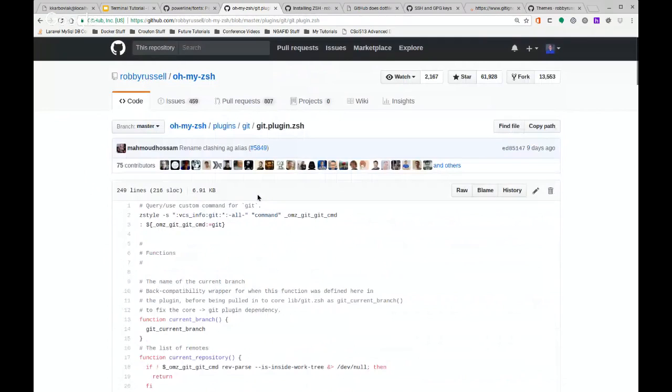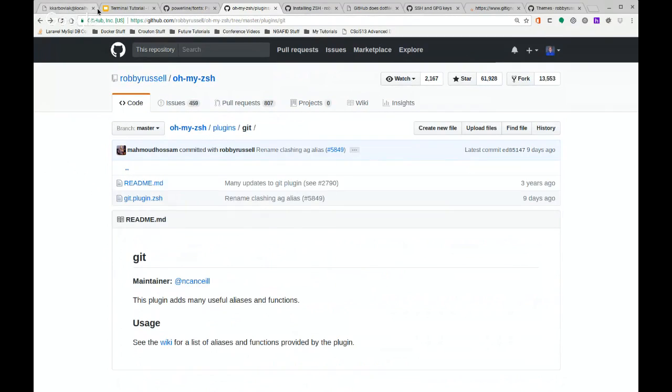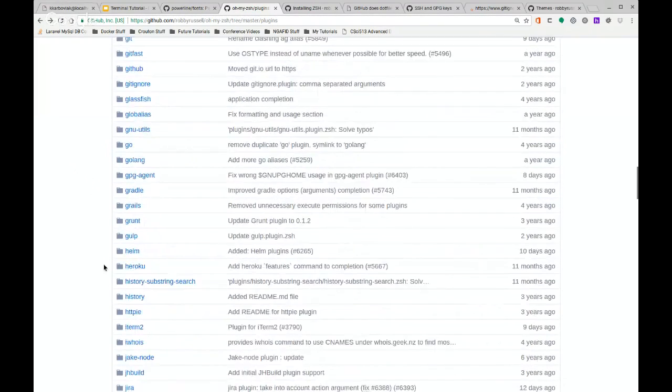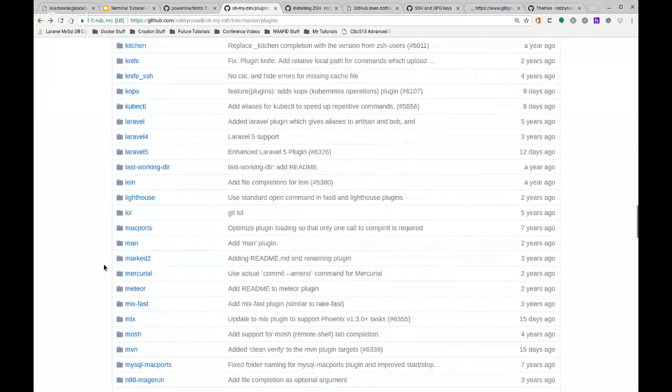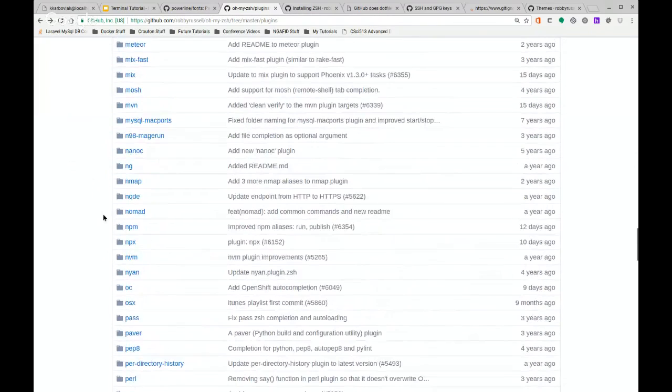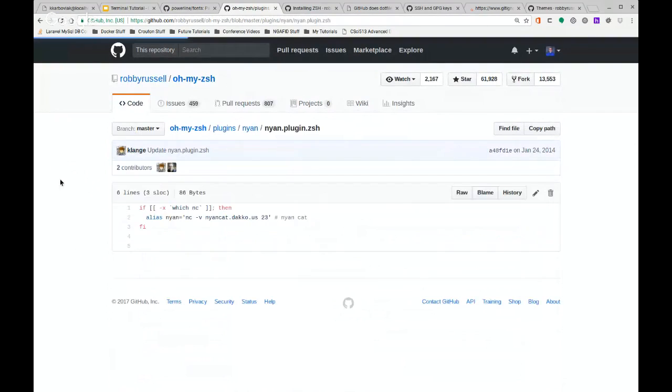So let's say we're scrolling through and we see, ooh, Nyan. Is that Nyan cat? Huh. All right, let's try that one out. Okay, so if we edit that .zshrc file,